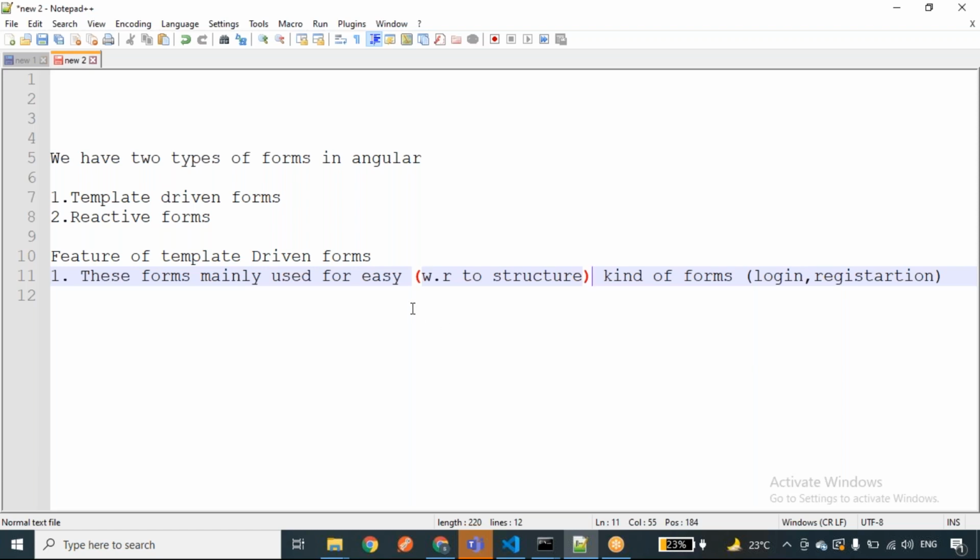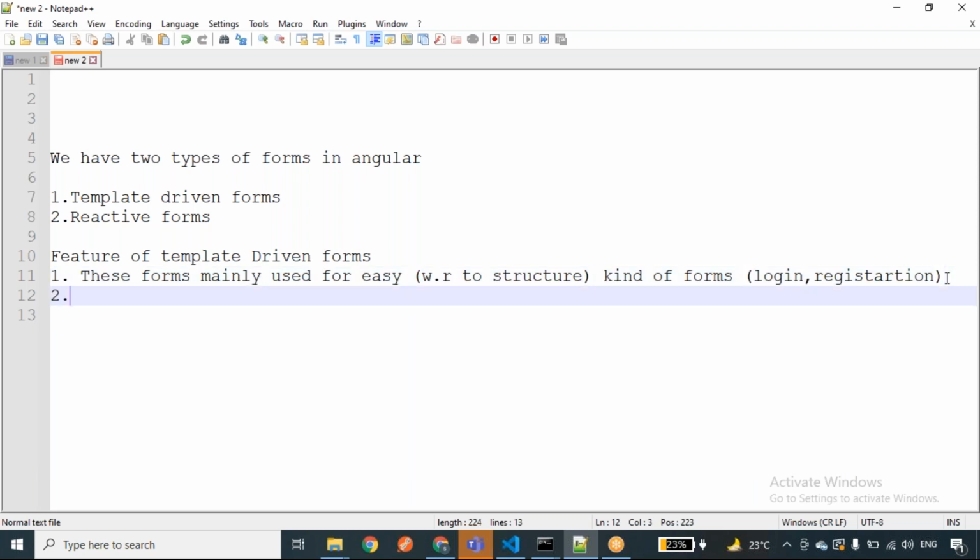I'll show you with examples what the easy forms are and what the complex forms are. So if you want to create forms similar to login or registration, we are going to use the template driven forms concept.